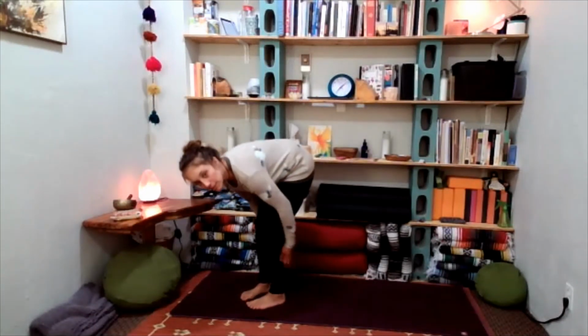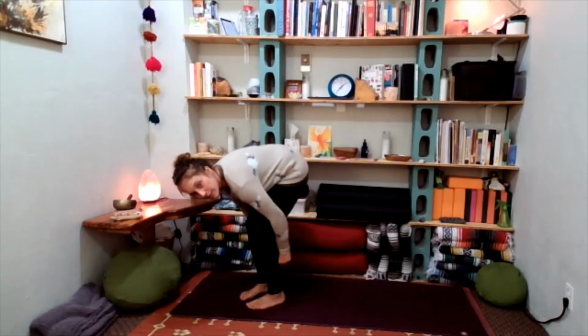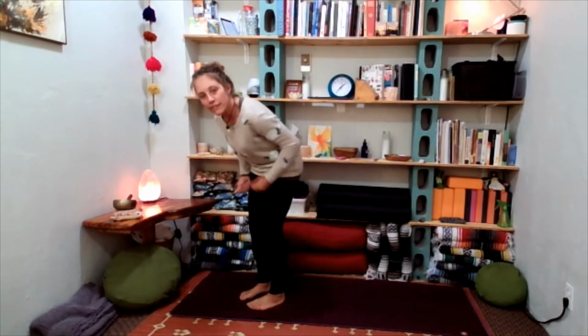You can wiggle it out, bounce it out. From here, if you really notice a lot of intensity or built up energy, you can come to clap it out. Or even just take a little hammer fists to some of the leg muscles and help ease any strain that might be there. So we'll clap the calves. Good. So you're welcome to bring this into the rest of your day, maybe coming back to this practice if